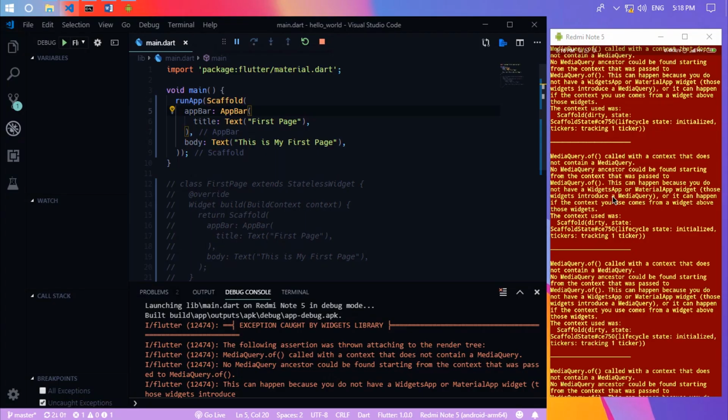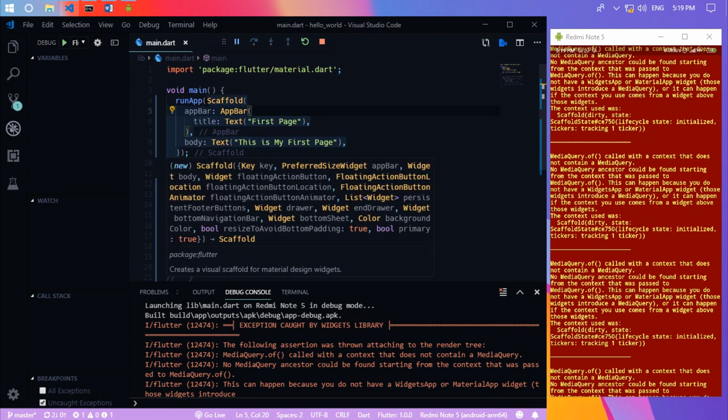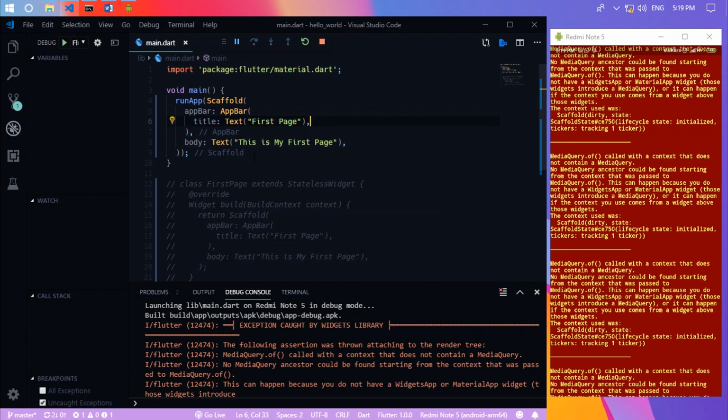So this error happens because we don't have a Material App widget, but here we want to use the scaffold widget inside the runApp function. So it means that if we want to use a scaffold widget, we need to have a Material App widget as the parent of the scaffold widget. This is the main function of the Material App widget.